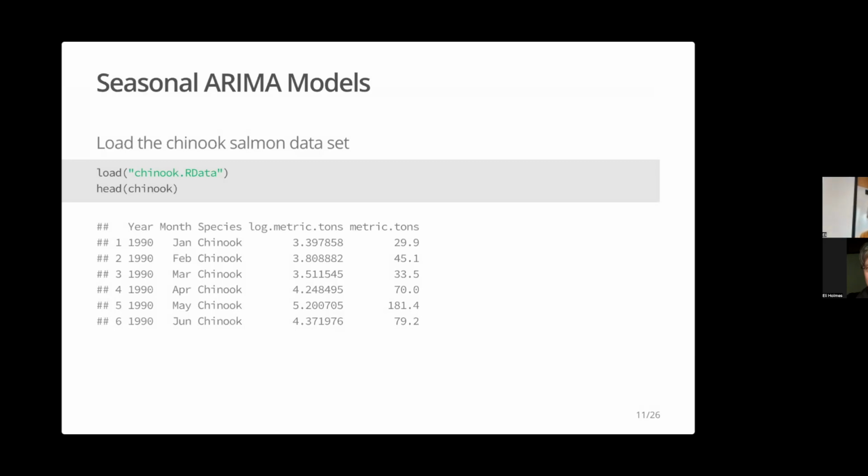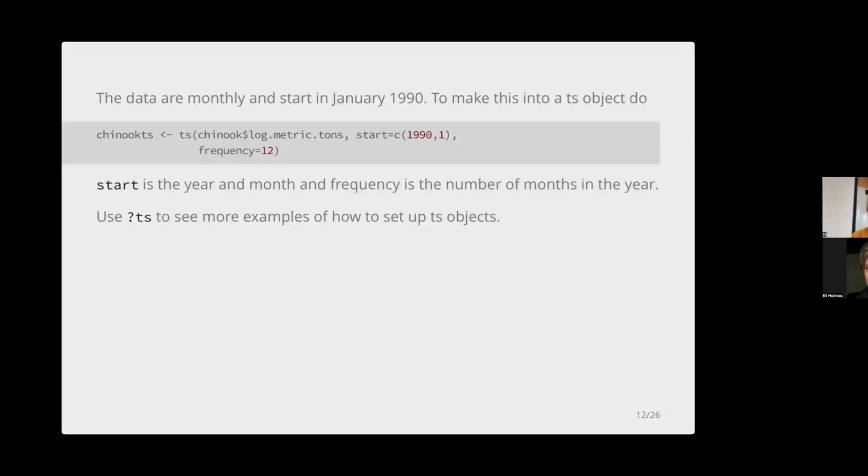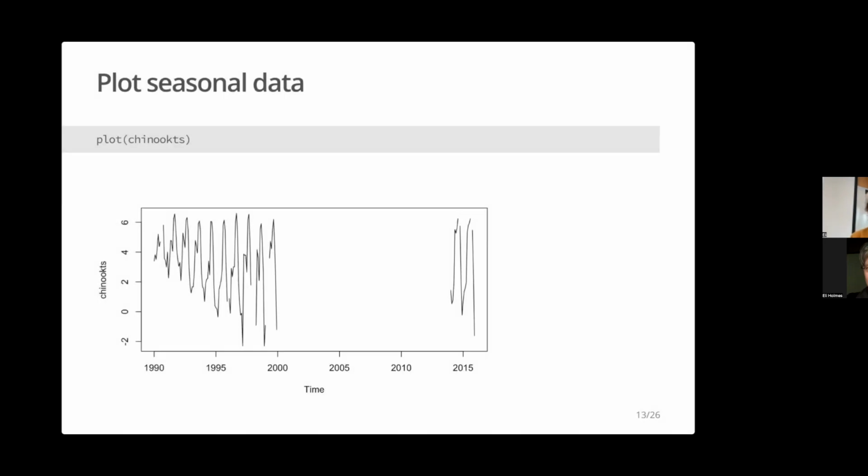So you're going to be playing with seasonal data in the lab. You'll be playing with commercial landing data of Chinook from the West Coast and Alaska. And if we plot that data, it looks like this. It doesn't have this big gap here, though. You'll see this is kind of an older plot. You'll see when we look at the lab, it's